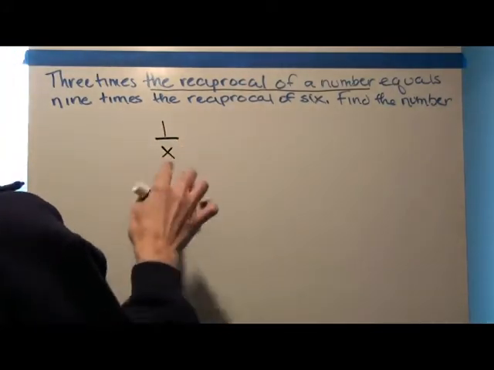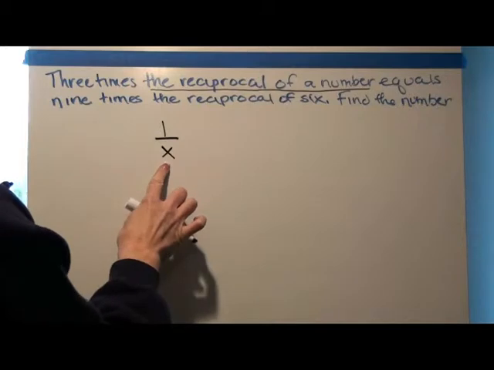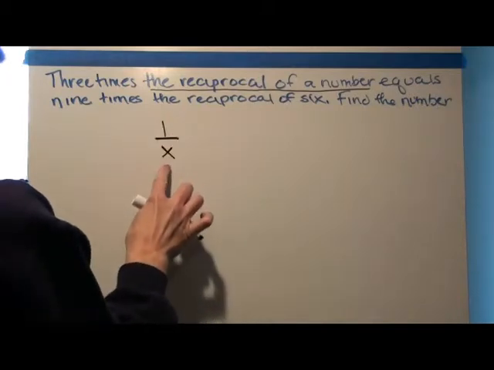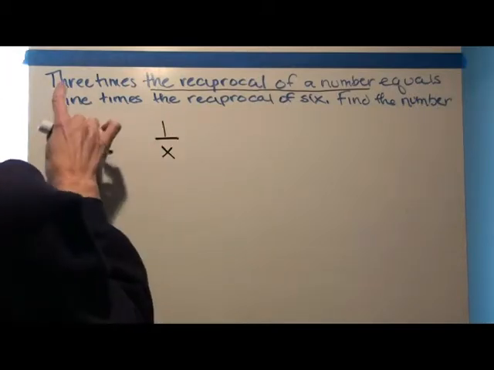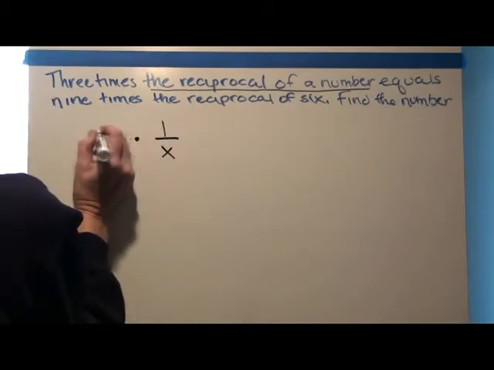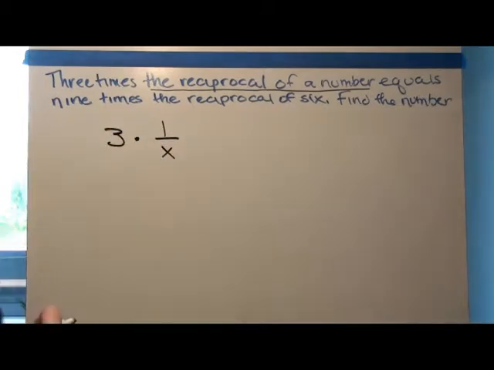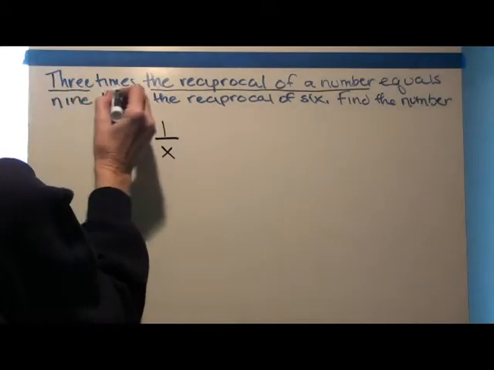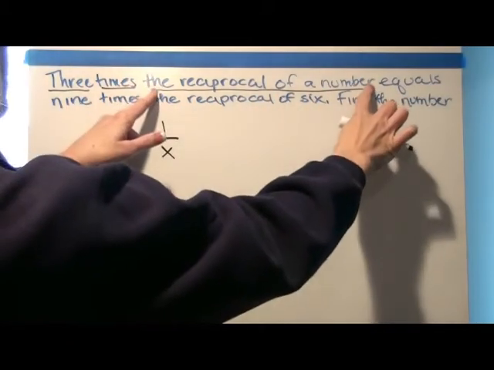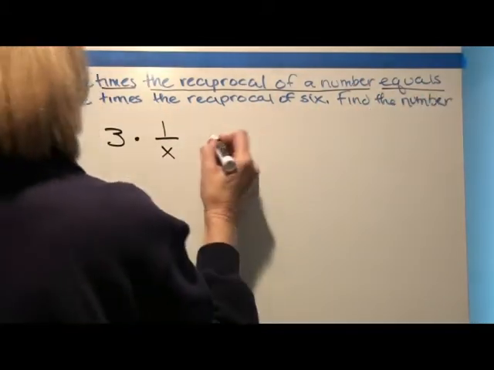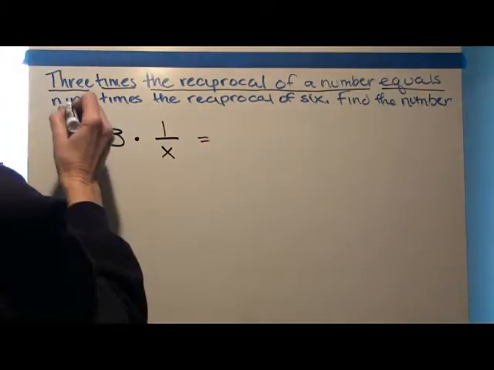We don't know the number, but we know that we have to do the reciprocal of it. So it's 1 over whatever that number is. 3 times that would look like that. So we have 3 times the reciprocal of a number equals, let's put our equal sign,